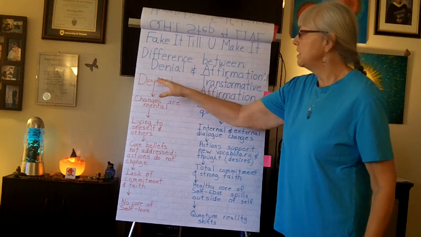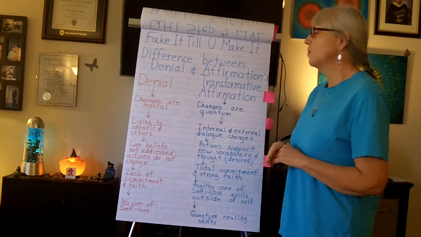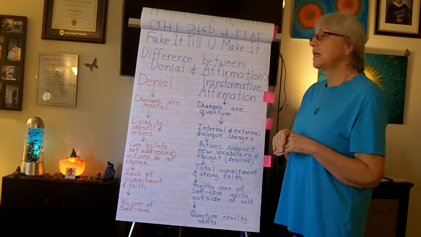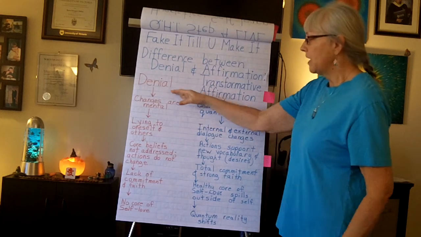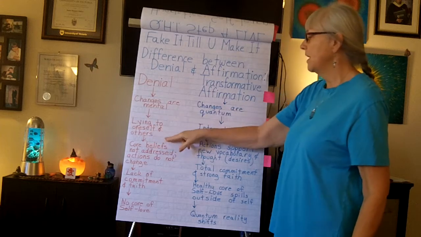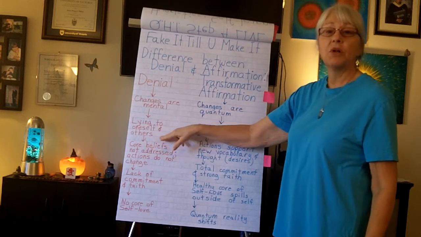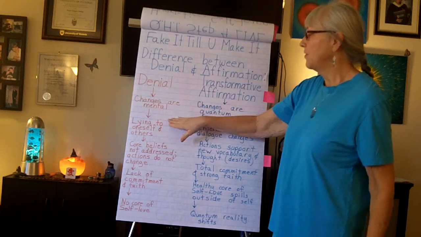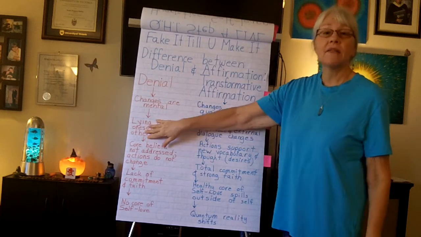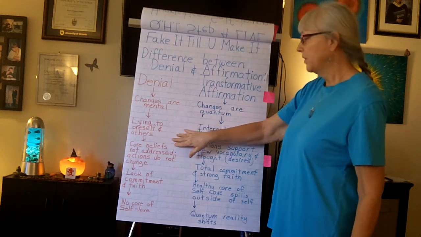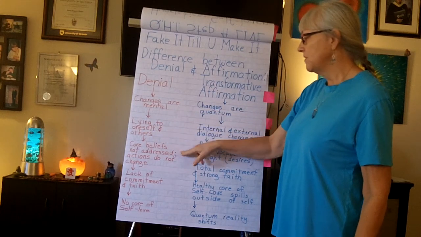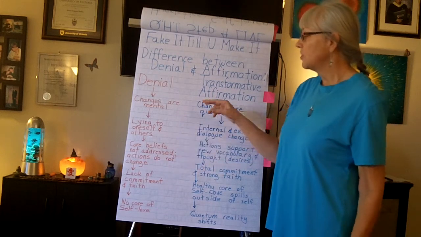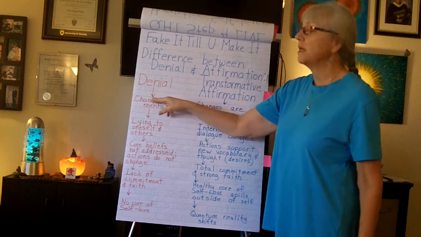Okay, so in denial, my changes were mental. I would say, okay, I want to lose 50 pounds, or I want to reduce my debt and have more income. But actually, what I'm doing is just lying to myself and lying to other people. So I create a story around the denial and around the changes I want to make, and I start passing that to myself and to other people. Well, what happens is our core belief systems are not really fully addressed, and so our actions don't change. So the changing is basically in the mental arena.